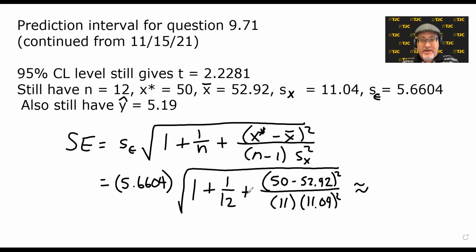Parentheses 50 minus 52.92 close parentheses squared divided by open parentheses 11 times 11.04 squared close parentheses plus 1 divided by 12 plus 1, press equals to complete that calculation, square root that answer, and now multiply it times 5.6604, and we get a standard error of